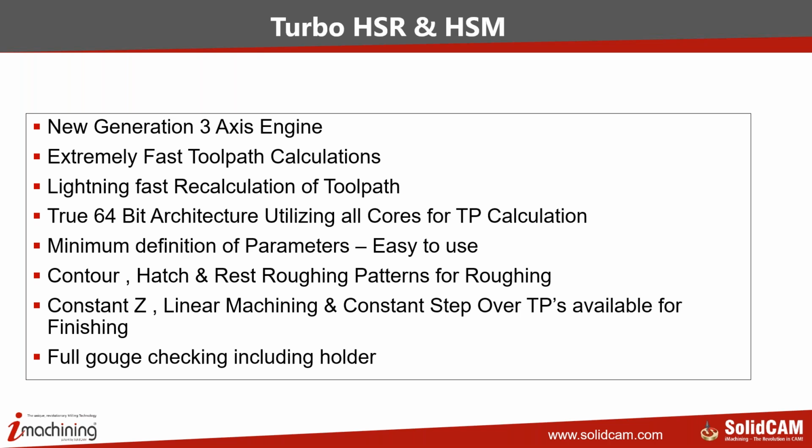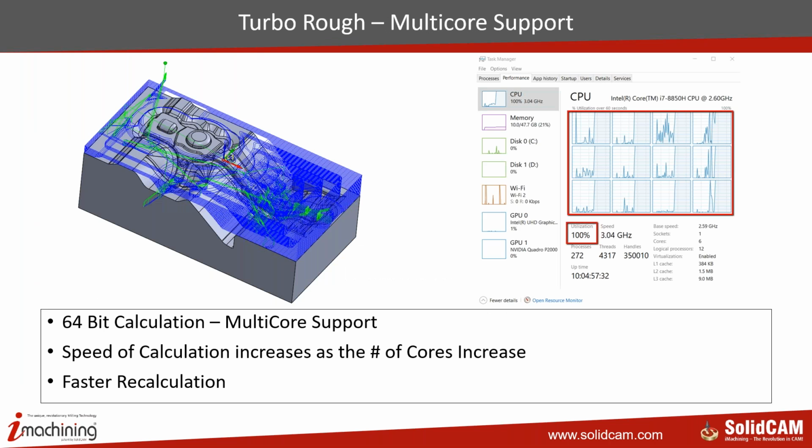Most are default and they work very well. For roughing, we have contour, hatch, rest roughing, constant Z, linear, constant step over for finishing, complete collision control, including the holders. So if you look at Turbo Rough, we have got, first of all, the main function is